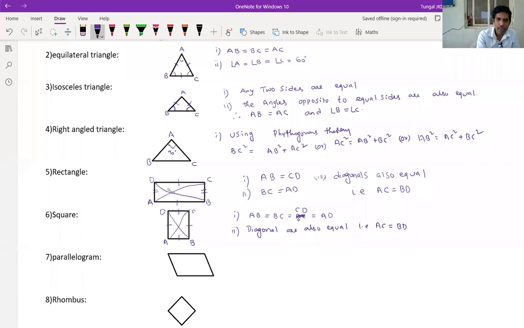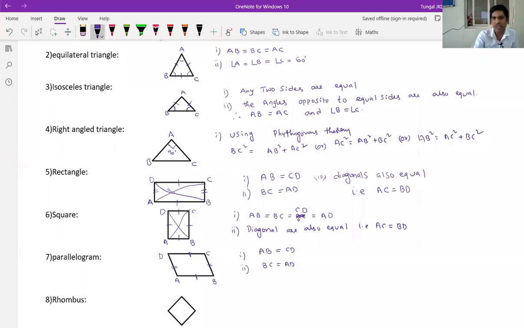Next, come to parallelogram. So this is parallelogram ABCD. How to verify whether 4 points form a parallelogram? Opposite sides are equal and parallel. Among that, we take opposite sides are equal. That is AB is equal to CD. Next, the second one is BC is equal to AD. So opposite sides are equal. Then it is a parallelogram.